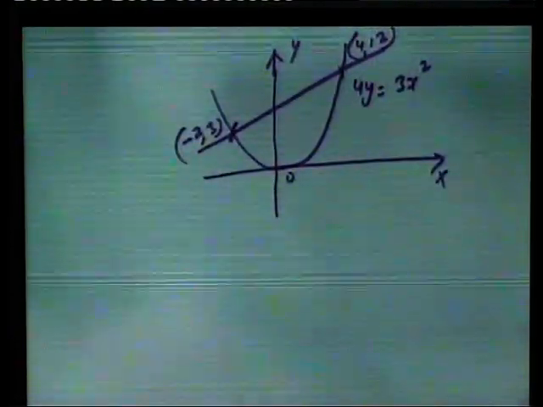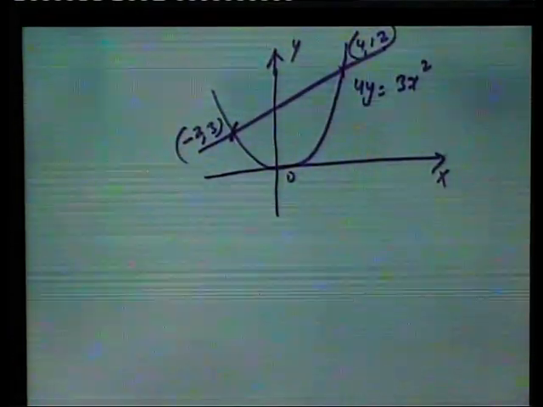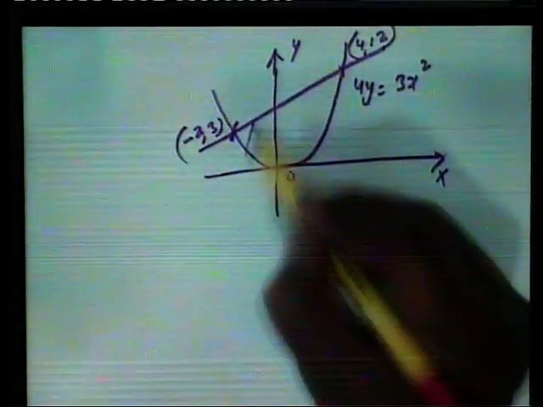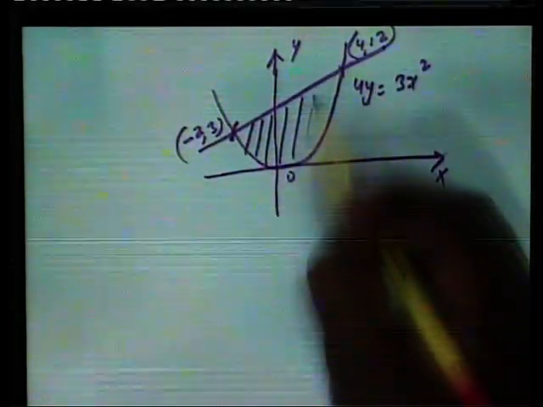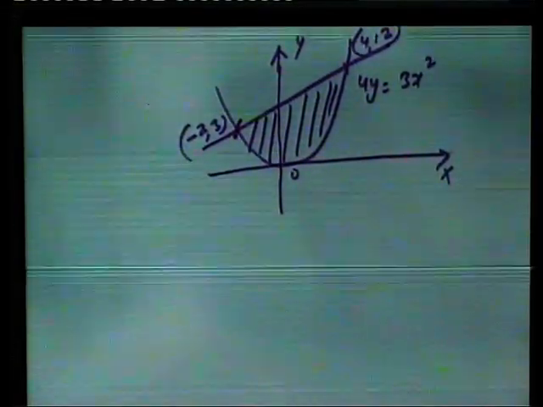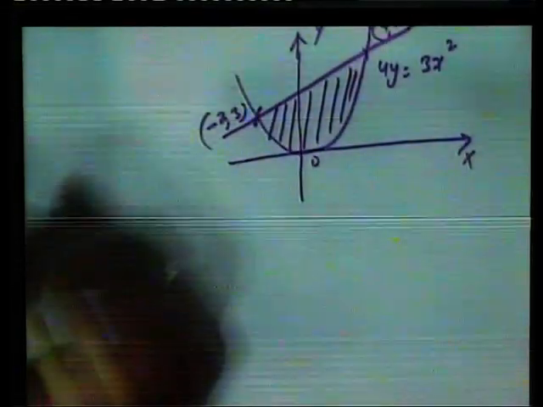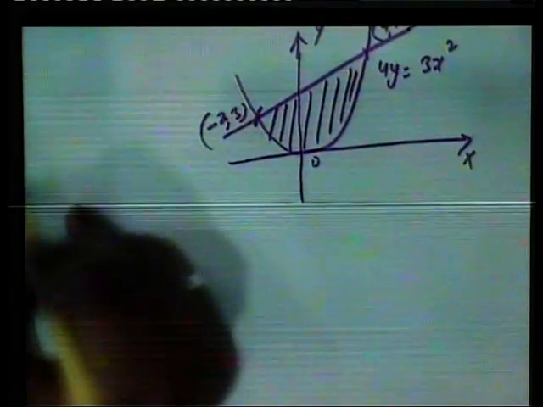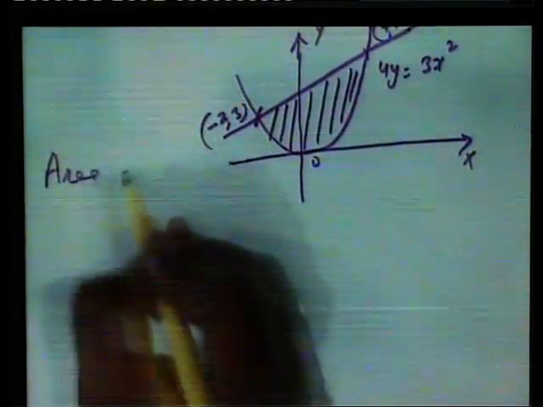Point of intersection of two curves minus 2, 3 and 4, 12. We have to find the area enclosed between these two curves. This is the required area. Required area is equal to